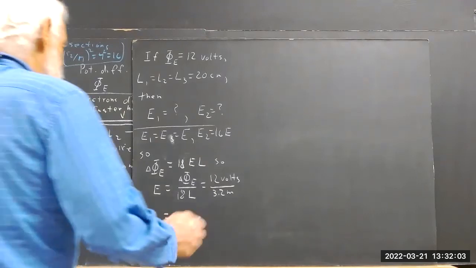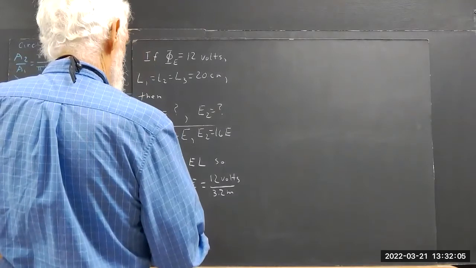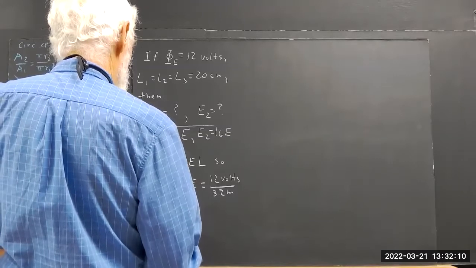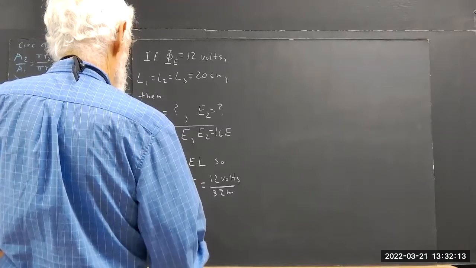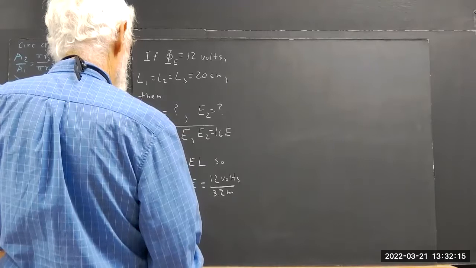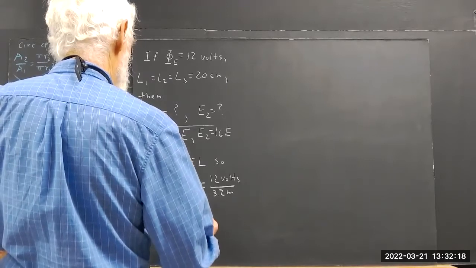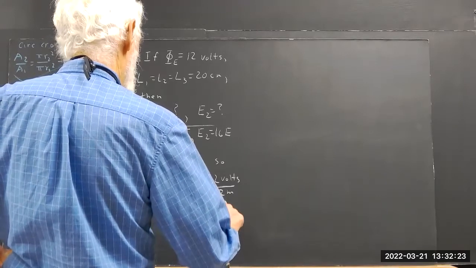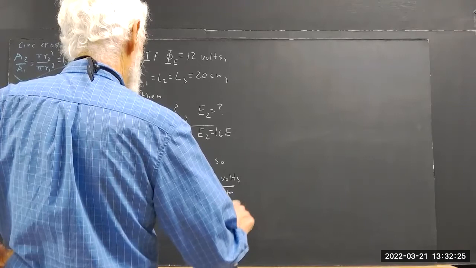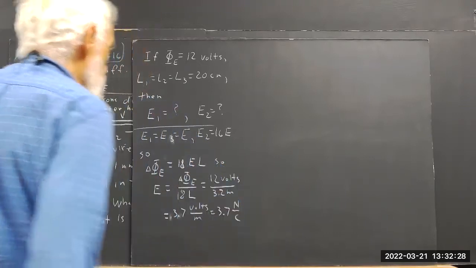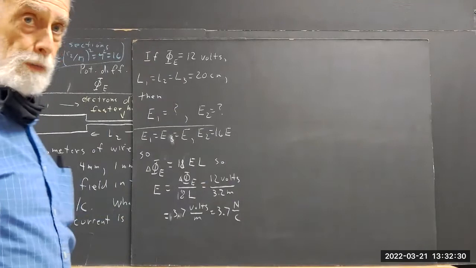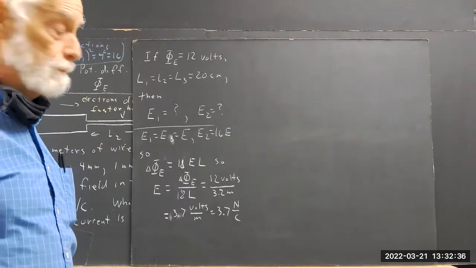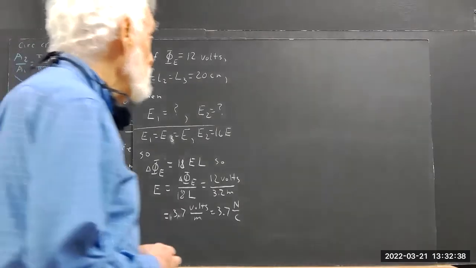Well, anyhow, it's going to be roughly about 3.7 volts per meter or 3.7 newtons per coulomb. So that's it. Now, in general,